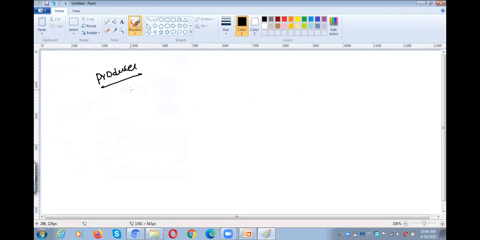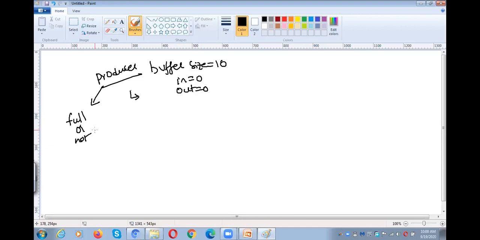What does the producer have to check in order to produce the item? First, the initial values you need to understand. What is the buffer size? Buffer size is 10 in our program. The in value is 0 and the out value is 0. So what I told you earlier, the producer has to check whether the buffer is full or not.